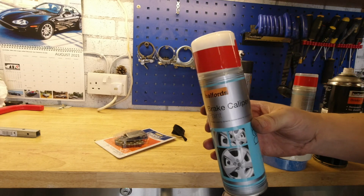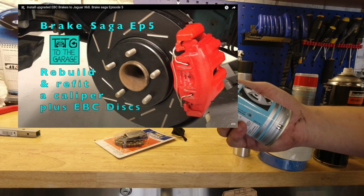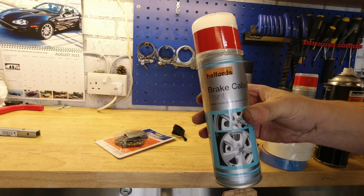The ultimate is powder coating. That's what I've done on my XK8 because that'll last a long time and resist all sorts of corrosion, the elements and everything else. This will make them look pretty. So